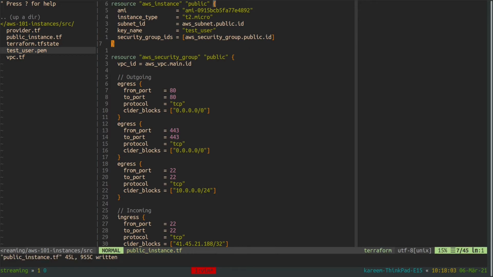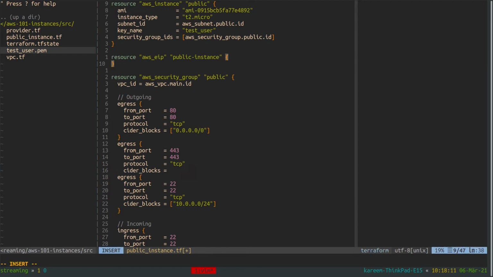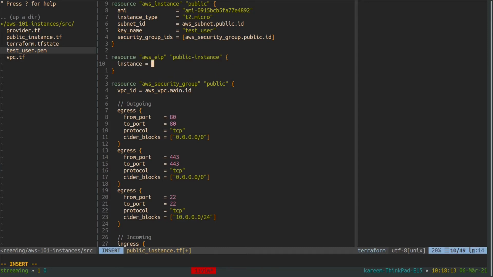And lastly, I need to associate a public IP, an elastic IP address. And I'm going to associate it with this public EC2 instance.